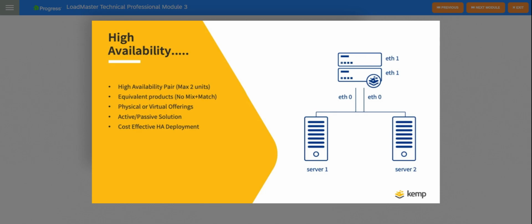When considering high availability, there are several requirements needed as a minimum to ensure a successful deployment. Here are some of the requirements. 2 units of equivalent capacity with no mixing of different products or platforms. HA can be delivered in the same way across physical and virtual platforms, but for cloud-based HA solutions, there's a slightly different mechanism due to the lack of multicast support on cloud platforms,